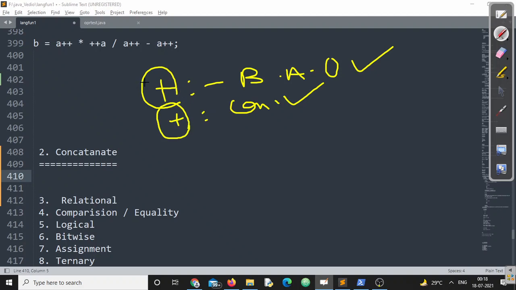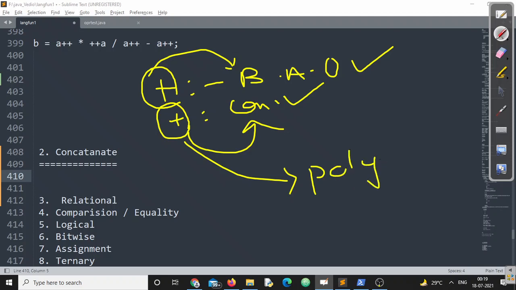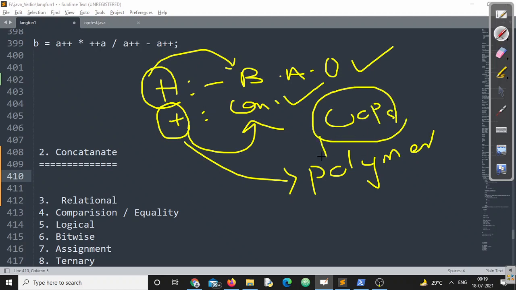This is one classic example of polymorphism. Polymorphism is one of the major properties of object-oriented programming. As you know, Java is an object-oriented programming language. It also supports polymorphism. Polymorphism means a single process having multiple purposes.